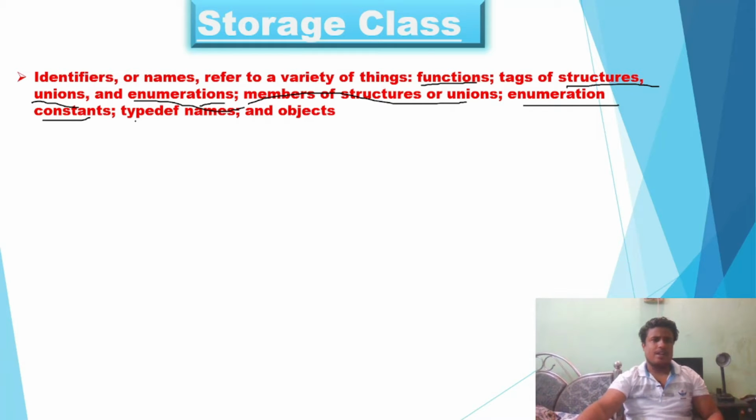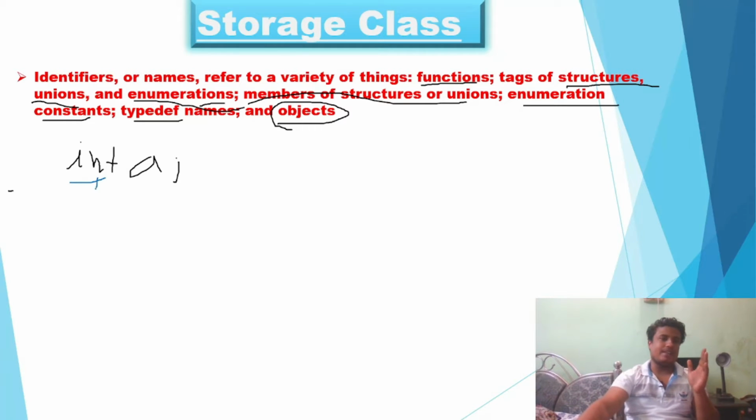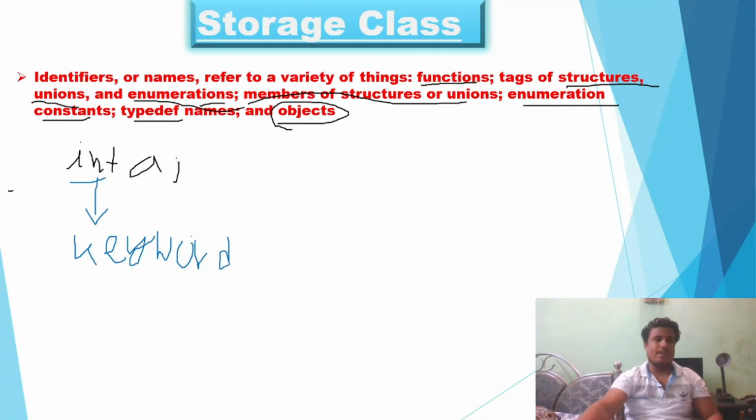Now, till now, the type of name we have are generally called objects. Remember this thing, only object. I will discuss it with you at some point. So you understand what are identifiers and what are keywords. Keywords are reserved words. Suppose int a, I write here int a, but int cannot be used as a variable name. Remember this, this is a keyword. Always remember that keywords are reserved words, and you cannot use them as variable names. Variable names are actually objects, so they are identifiers. Identifiers are actually variables and constants. Remember that in a vague manner.